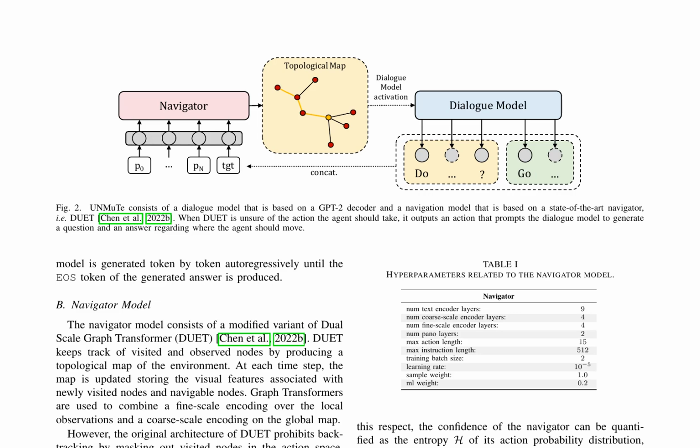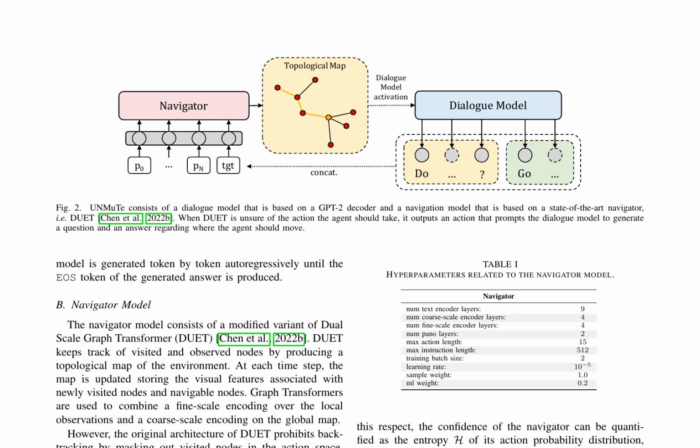This research proposes a novel computational model, UNMuTe, for visually grounded dialogue navigation. UNMuTe consists of a navigation model and a dialogue model that generates question and answer pairs to guide the navigation agent. The dialogue model is a single generative pre-trained transformer, GPT-2, that generates question and answer pairs conditioned on the trajectory to the target object. The model is fine-tuned to achieve multimodal capabilities using the trajectories and conversations contained in the CVDN dataset.